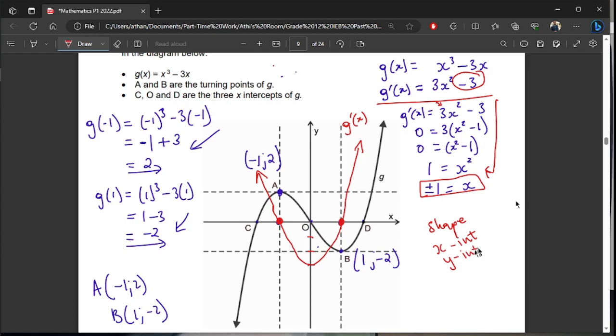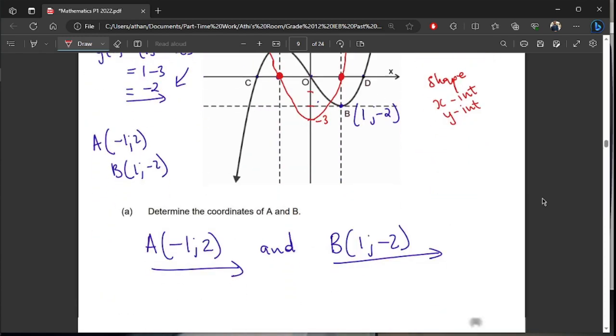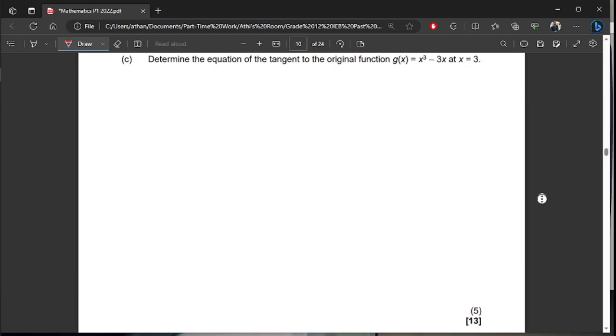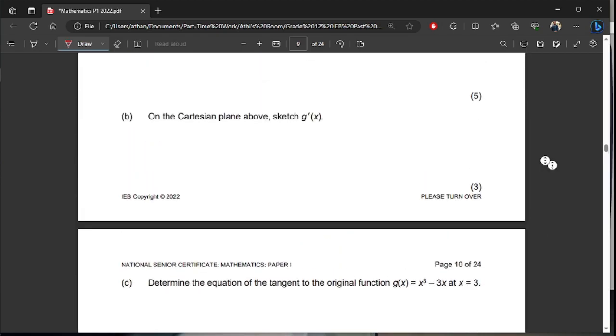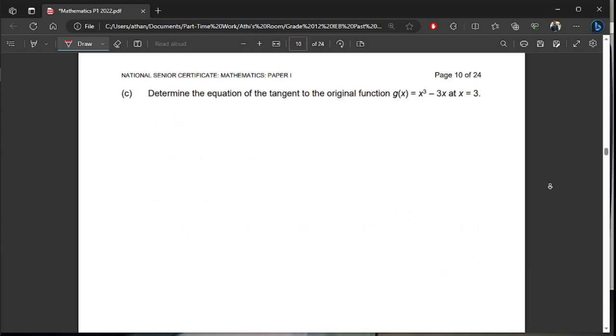So it is very wise for us to label the y-intercept here as negative 3. Okay, so that was B, and then question C says